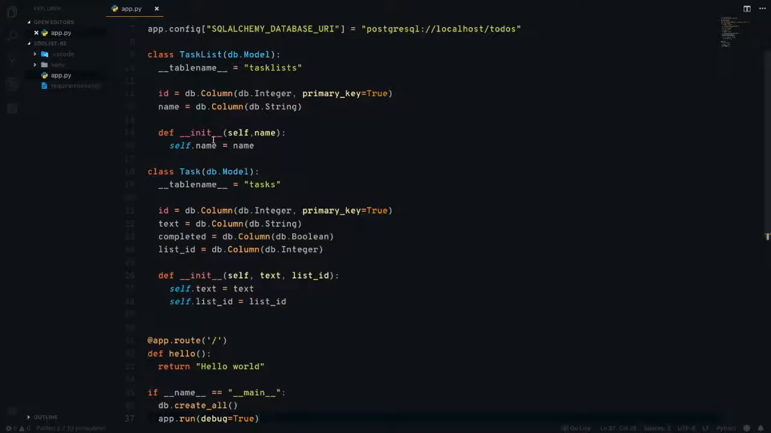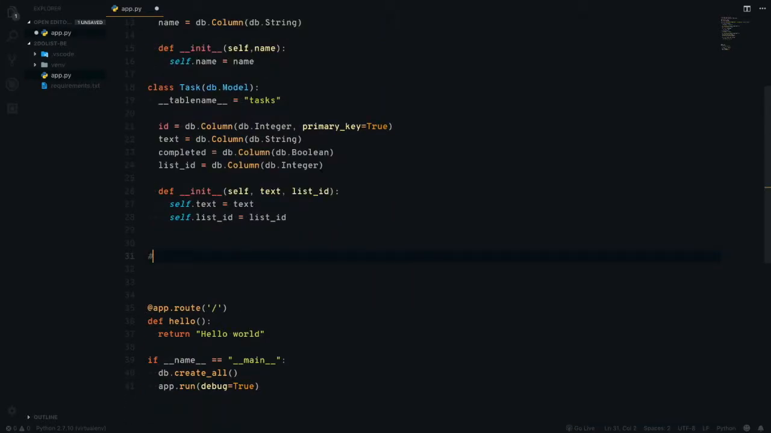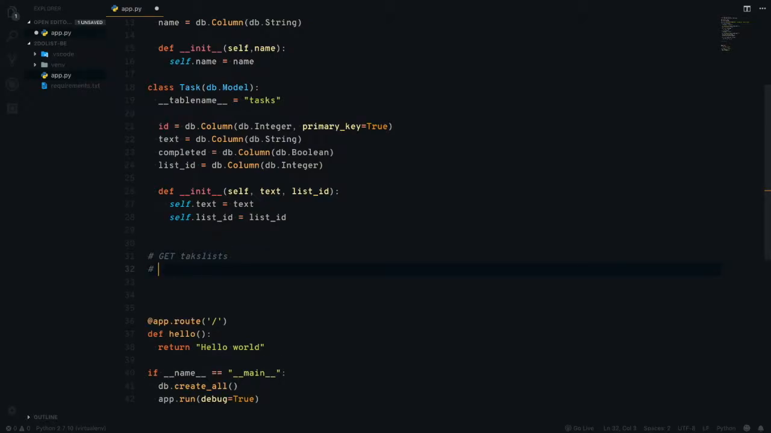Guys, welcome back. In this lesson, we'll be creating all the URL routes that are required to handle the creation and updation and deletion for these two models. We'll type in some comments to see which routes we'll be wanting. We're wanting a get task lists list route, and then we'll be wanting to